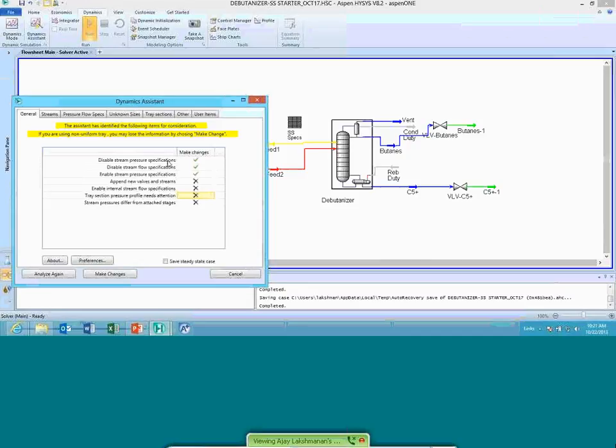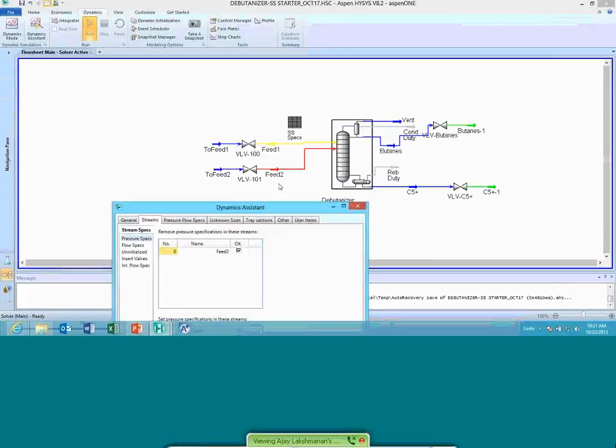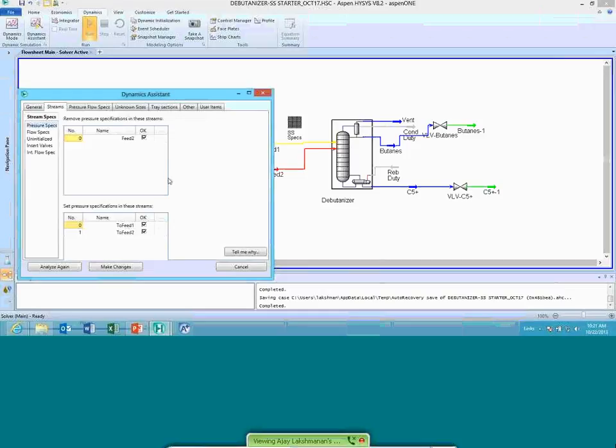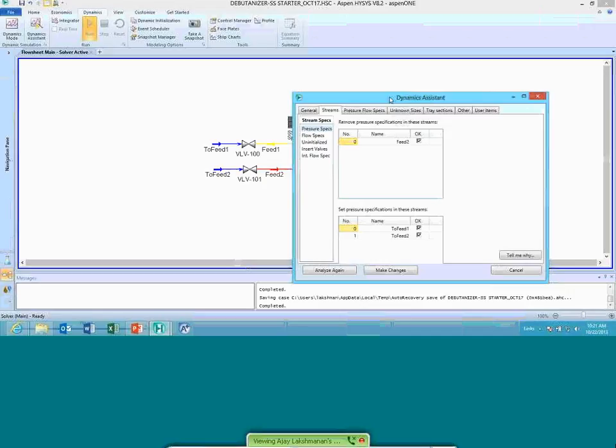Let me just take a look at what it is trying to tell me. It wants to remove pressure specifications on feed 2. As we said, red is bad, and we want to remove that spec. It wants to add a pressure specification on feed 1 and feed 2, the boundary streams. Yes, I do want to do that. It also wants to